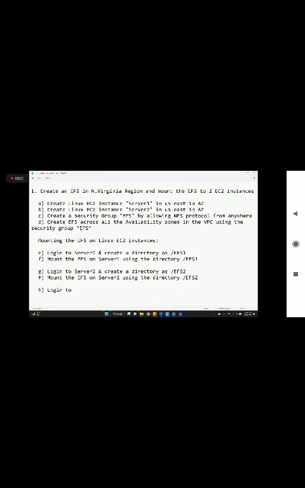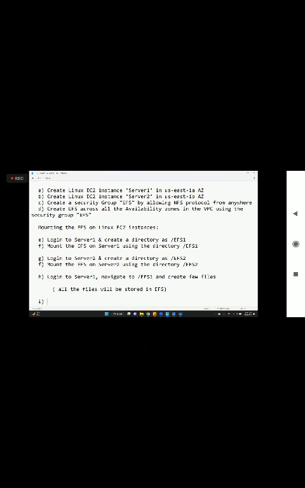Log into server 1 and navigate to /EFS1 and create a few files, which means the data will be created in the EFS. If you do so, all the files will be stored in EFS. Then log into server 2, navigate to /EFS2 and